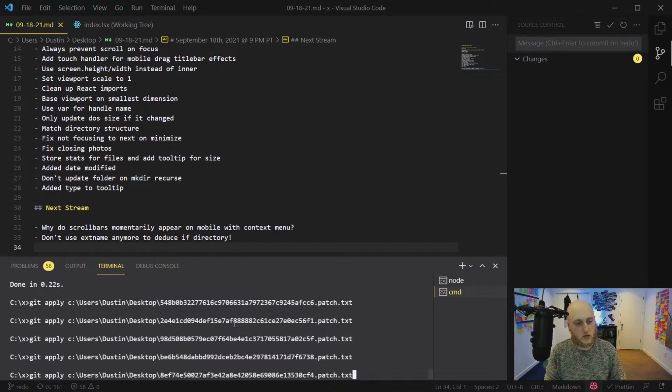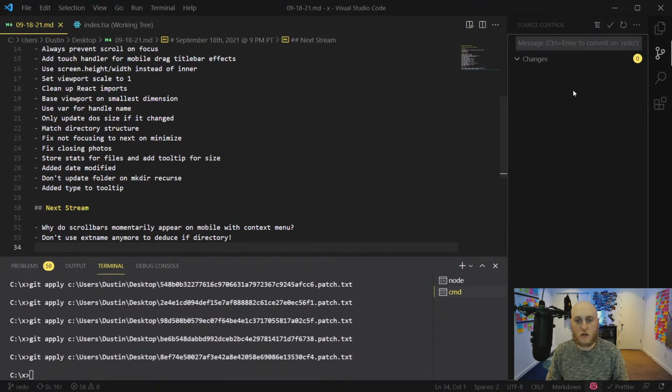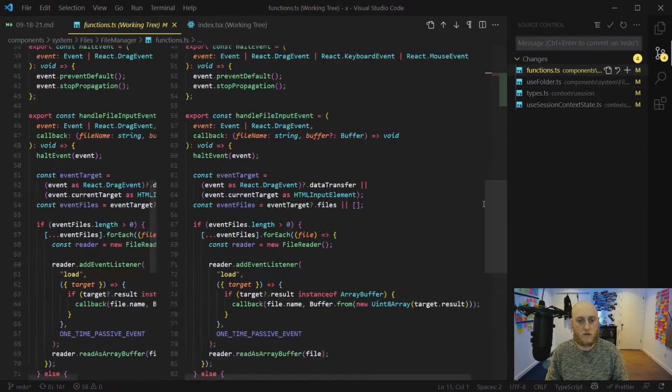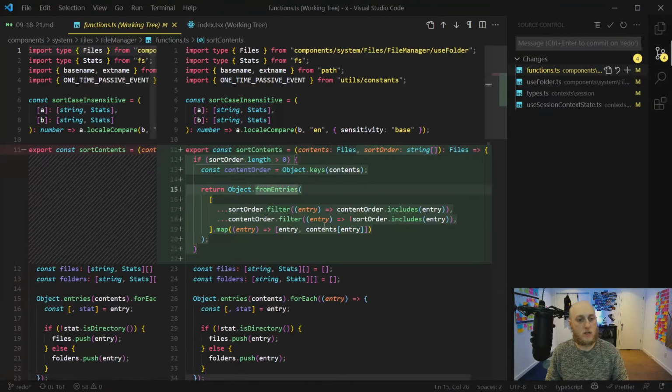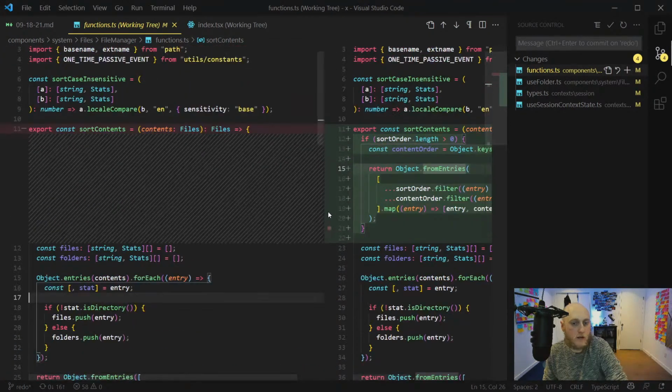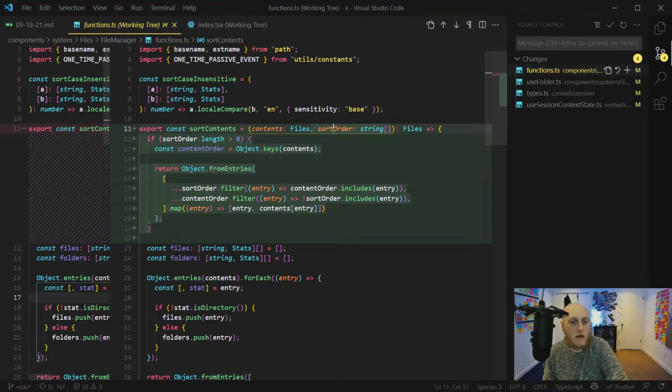Another important feature along the way. Let's patch it up and look at the changes. So what's one of the first changes here? I changed the sort content command a bit. I added this piece. It already was the sorting command, and now we pass in an existing known sort order, possibly. If there is a sort order, if it has a length, then we're going to use it to do our sorting. The way we do it is we get the keys of the current order,